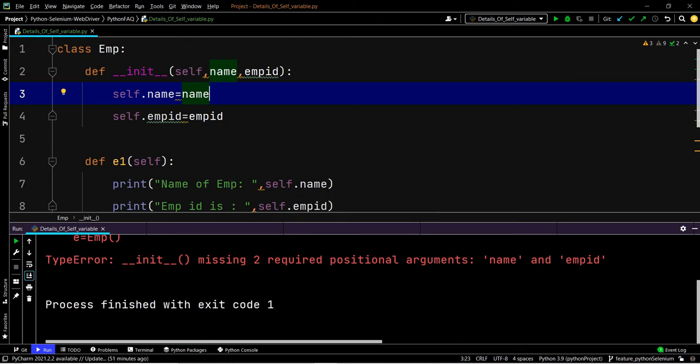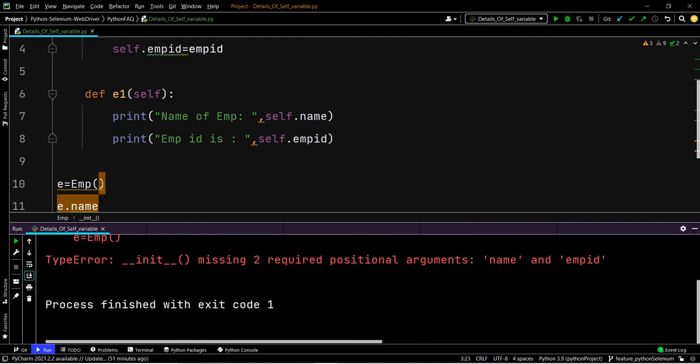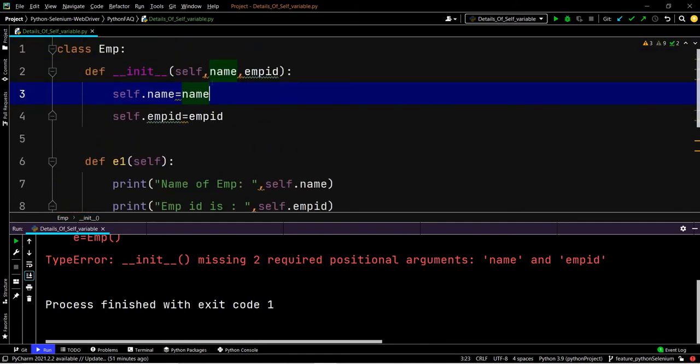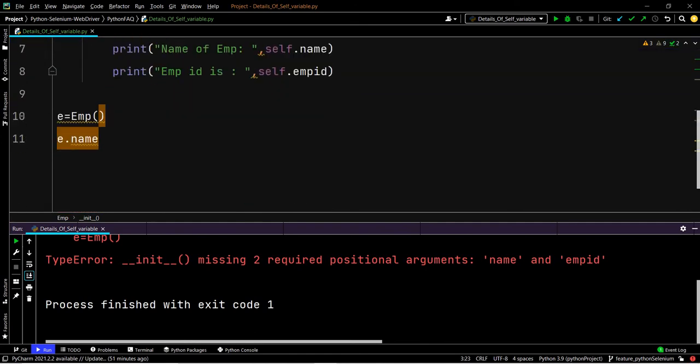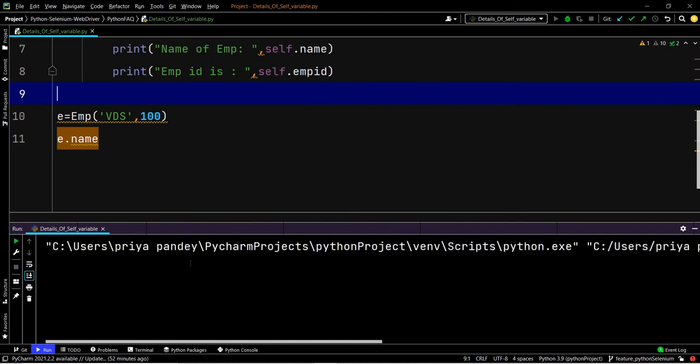Because we need to provide the name here, let's suppose VDS, and 100 is the employee id. Now if we execute, it will print perfectly fine.